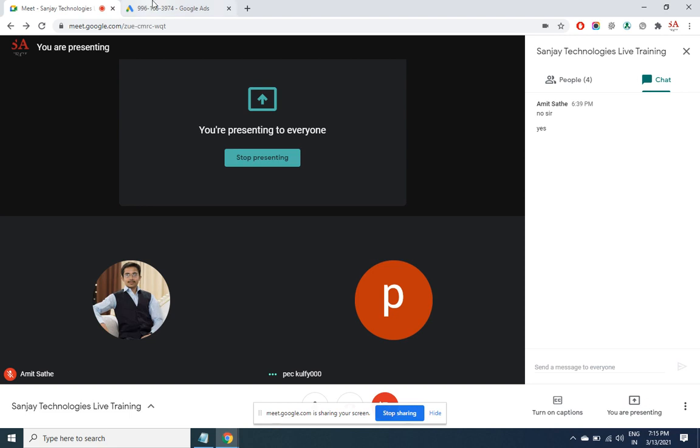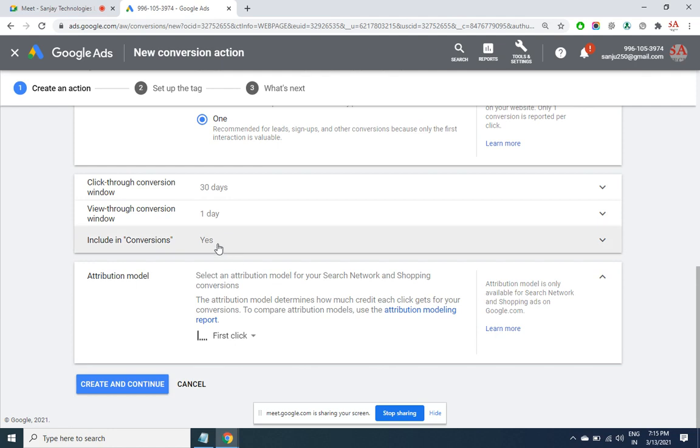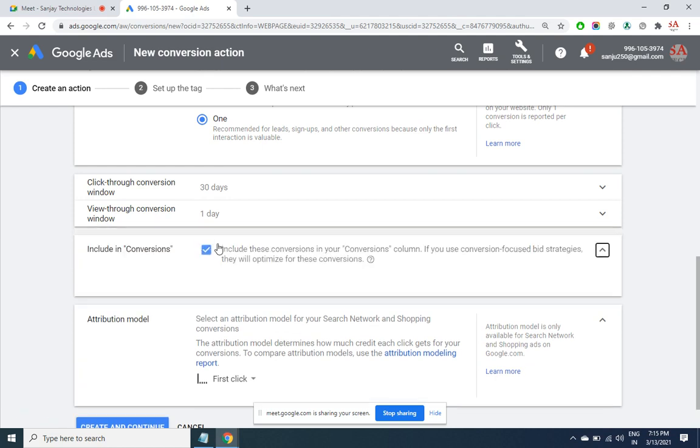Yes, any questions, Sarita? Including conversions, you just said we can have multiple conversions, but while running, we can only specify one conversion. Yeah, that's what you are telling. If I select here as no, that means this conversion will be shown to me in the reports. But the bidding option, whatever I bid, will not be according to this conversion. I will have to create another conversion. Wherever I have selected this option, and then while I am setting up an ad, I choose a CPA option, that means CPA is referring to this conversion. That's what this tick means.